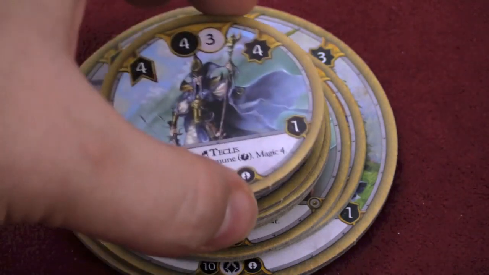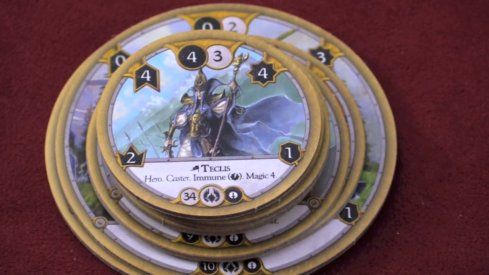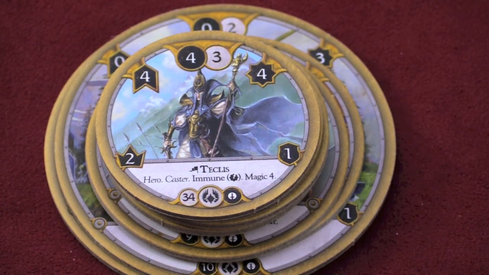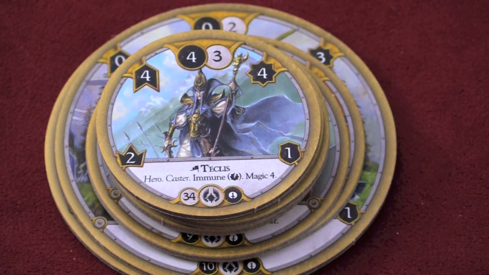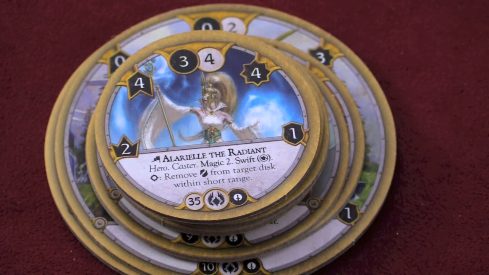All right, let's look at the heroes for the High Elves. First we have Teclis. And by the way, I have no idea how to pronounce any of these names. He's immune to magic and then does magic for himself. That's useful there, taking himself. Now, if you play against an army that doesn't put a heavy emphasis on magic, but if you do, he's the guy to take. And then we have here this Radiant Lady here who can remove stuff from a target